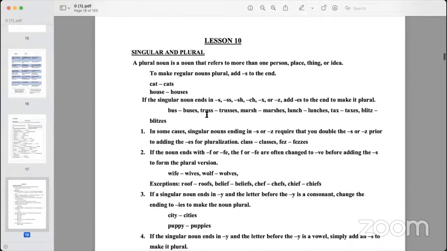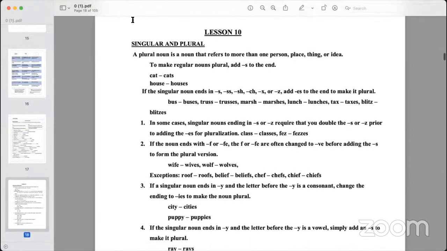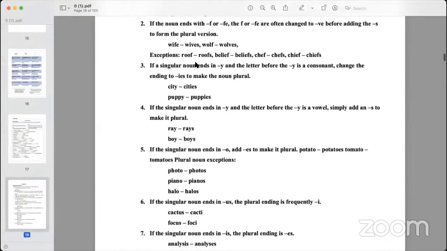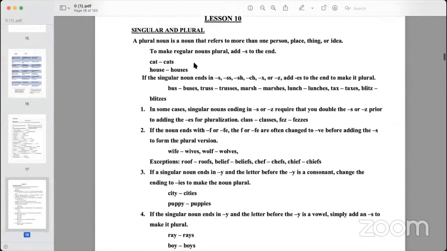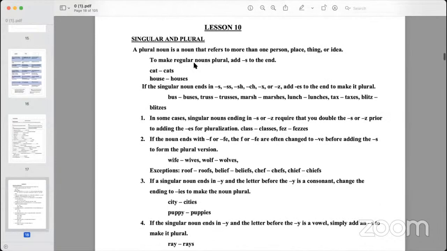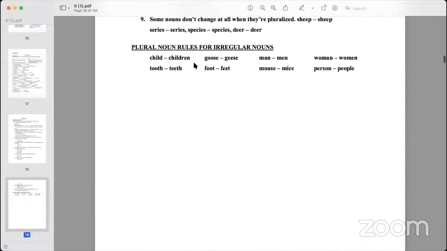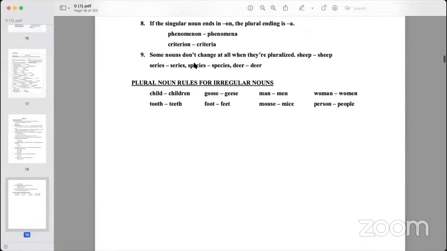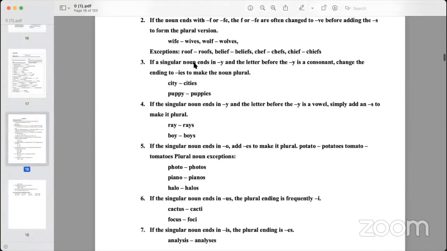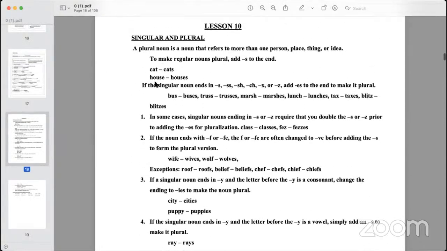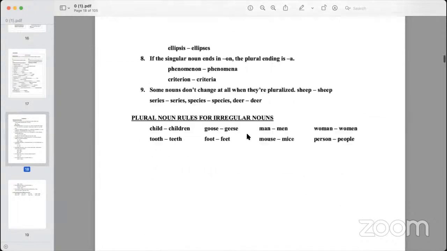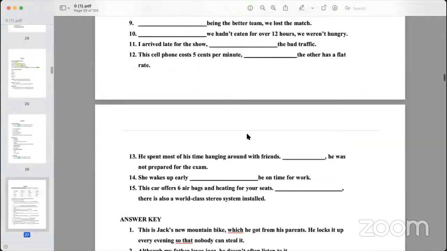So next week we'll be doing lesson 10, which is singular and plural. So what you can do is before coming into your next session, you can go through the notes just so that you have an idea about what you're going to be taught about. You can even do some research about what is singular and plural before coming in. So let's move on to